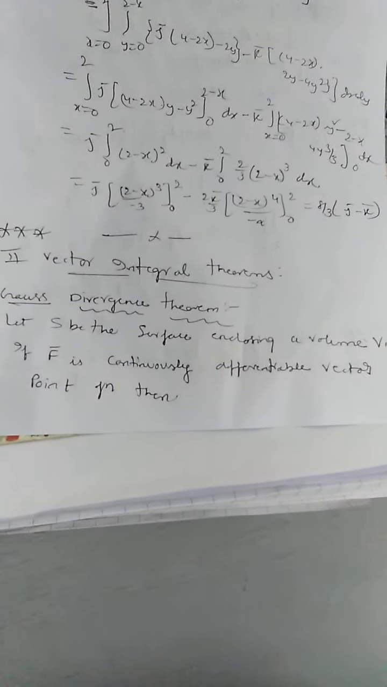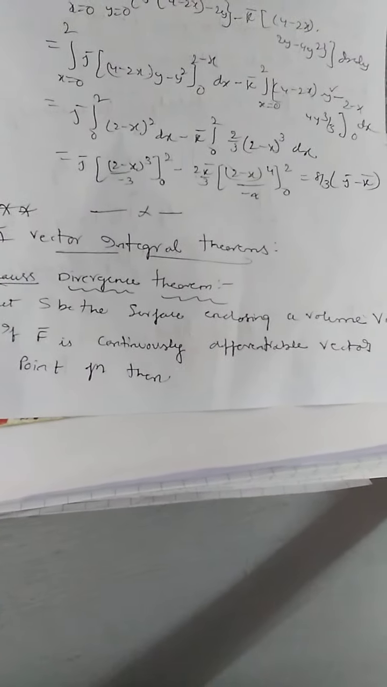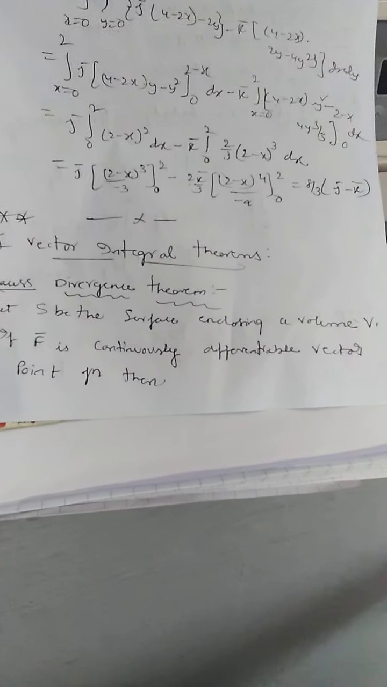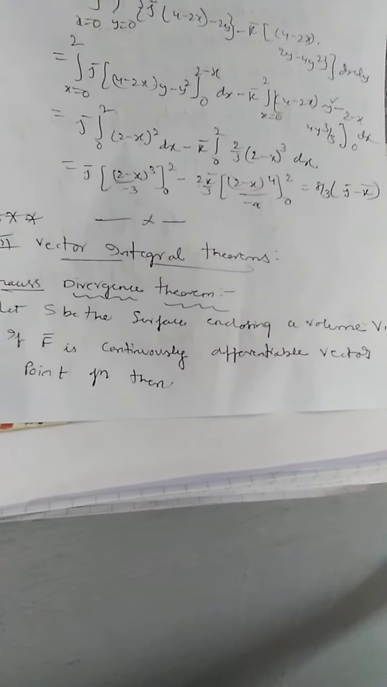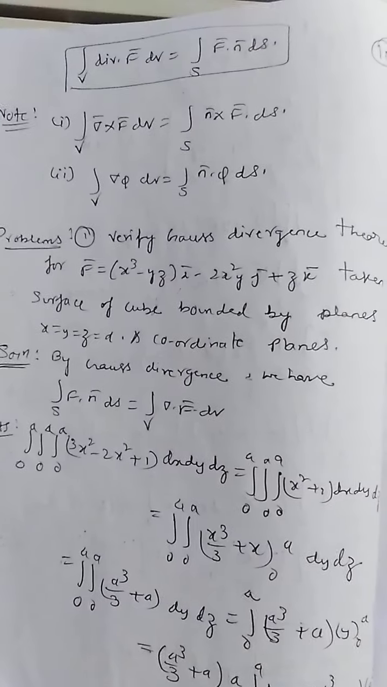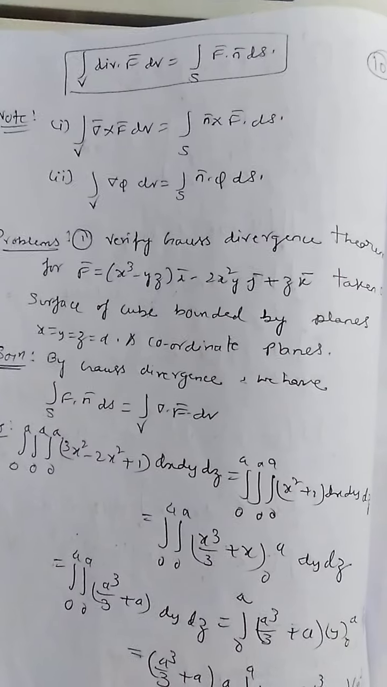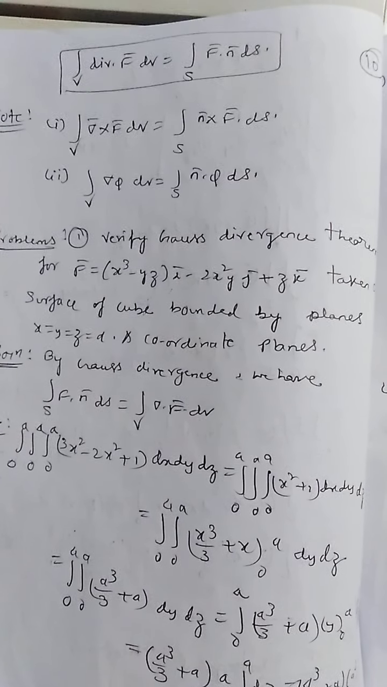Let us consider a surface S which encloses a volume V. Here the surface means anything: a cube, cuboid or cone. So that depends upon that. If f bar is a continuously differentiable vector point function, then we have to prove that the integral over the volume V of divergence f bar dV